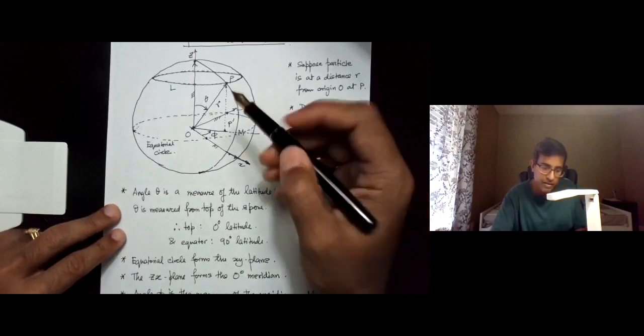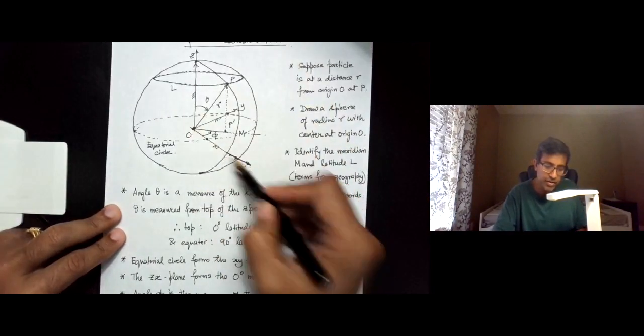So just to go back to the figure, imagine that you have taken the 0-degree meridian plane, which is